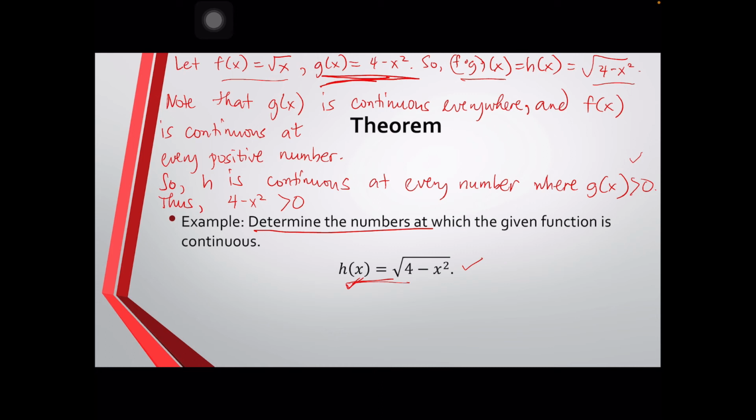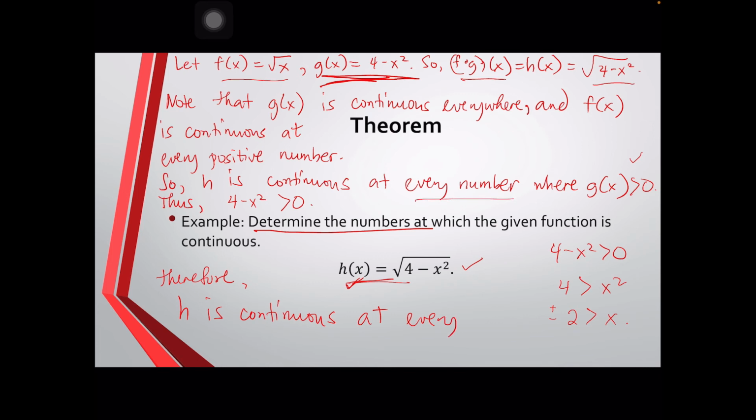Solving this inequality algebraically, 4 minus x squared greater than 0, let's transpose x squared, so that gives us 4 greater than x squared, right? Applying square root to both sides of the inequality, our x would be a positive or a negative 2. There. So in this case, h is continuous at every number,